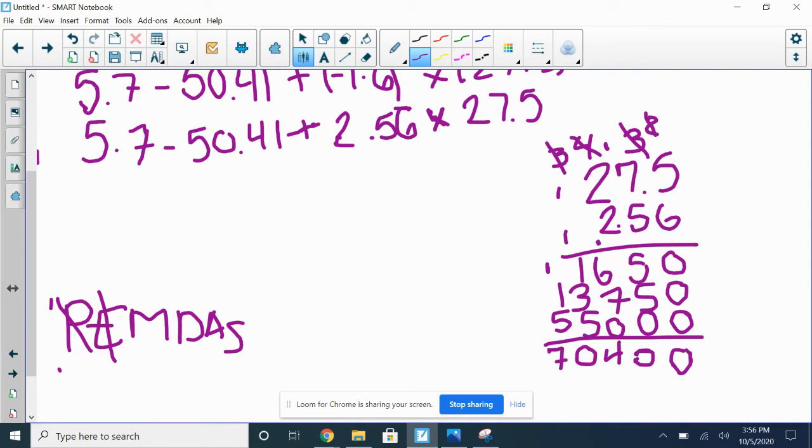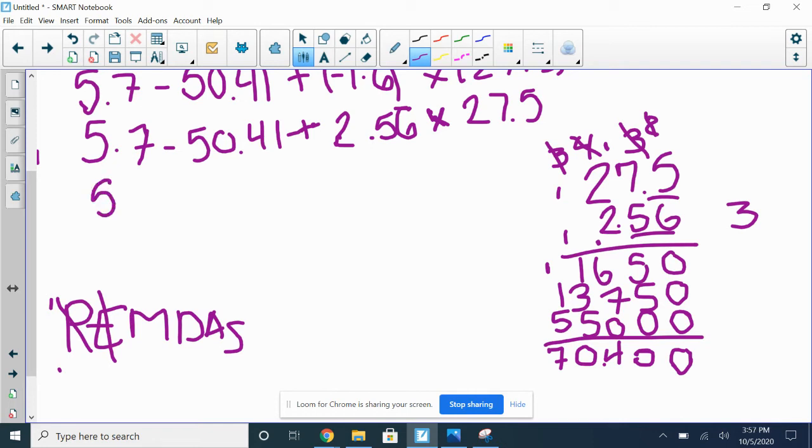All right, last step. We need to total up how many behind the decimal we started with. So I have 1 up here and 2 down here. So I have 1 and 2 give me a grand total of 3. So we have to end with 3 behind the decimal. So I have 5.7